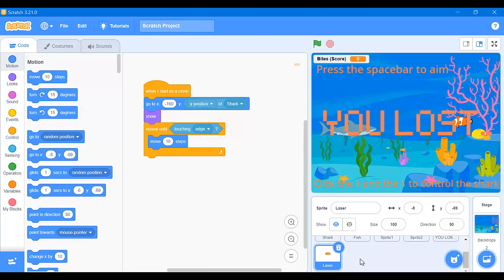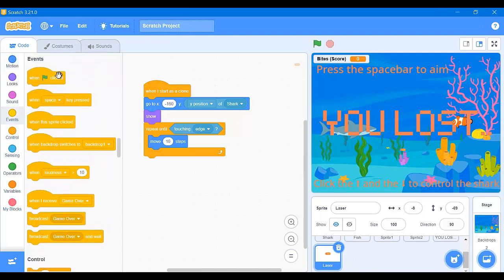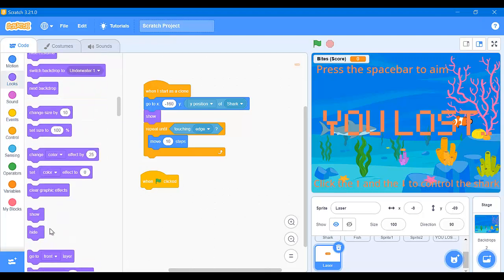Now the next script for laser is go to Events, and green flag clicked, Looks,